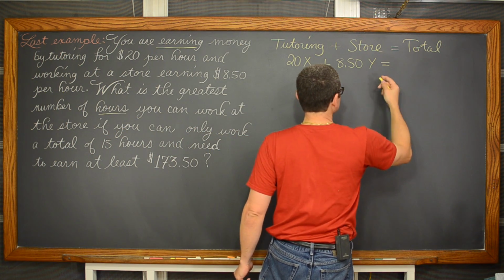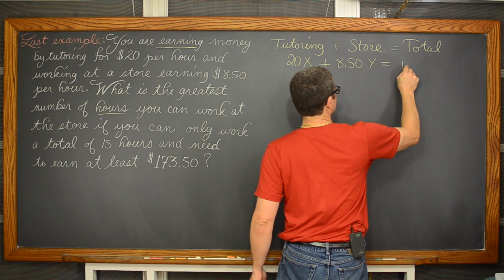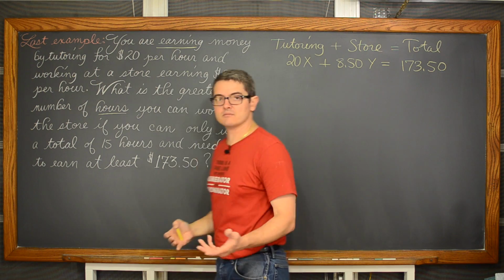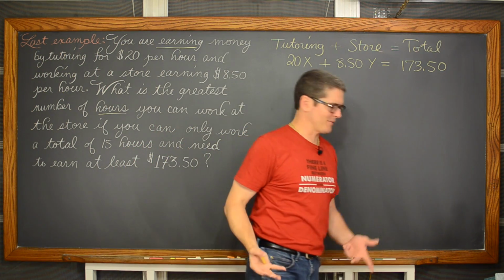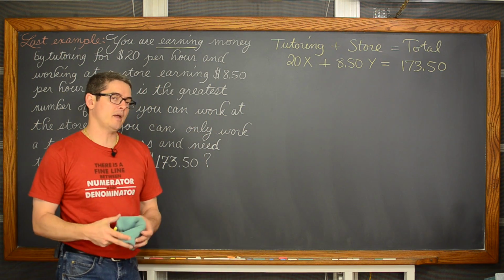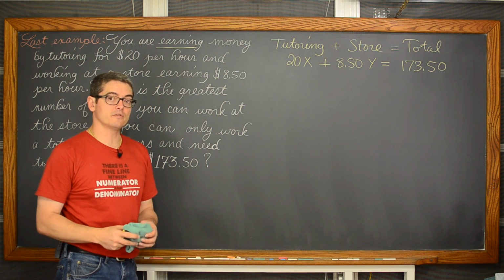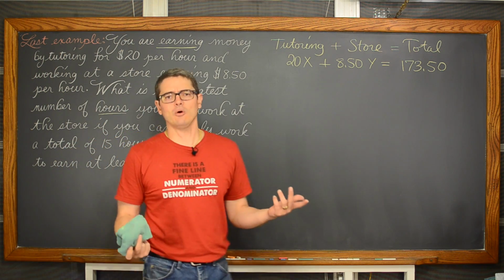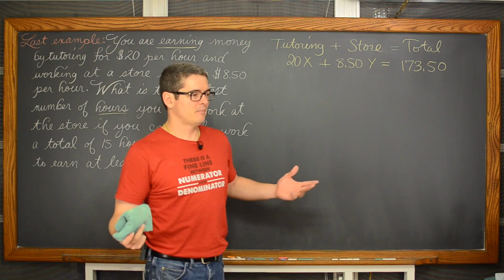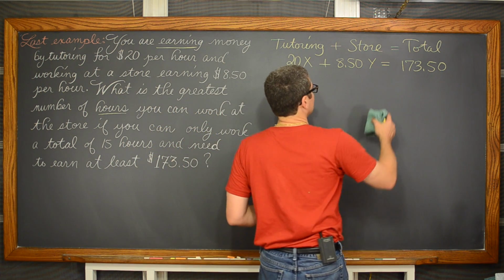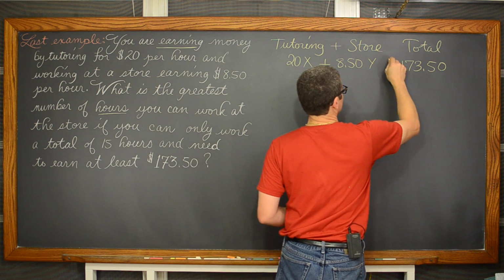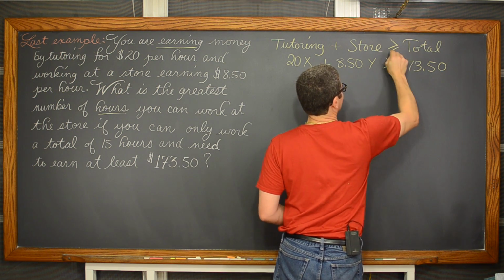And then total, well, that's $173.50, but really that's not correct. Well, the whole thing is not really finished at all, period. But it's not correct to say that I want my pay to equal $173.50 because, you know, what's wrong with making more, right? We want to make at least $173.50, maybe to pay for a monthly bill or something. So this equal sign is not really appropriate. We want to make some money, and if I make more, that's okay, but I need to make at least.